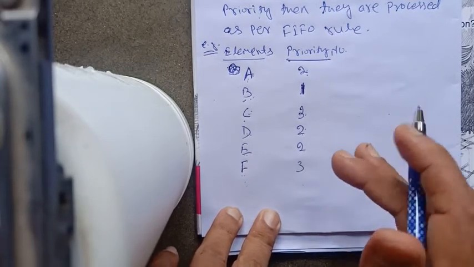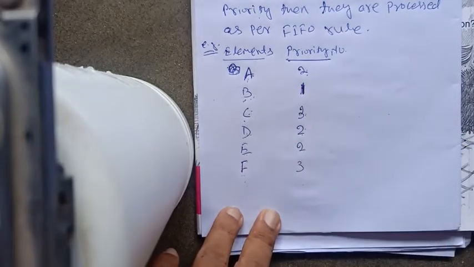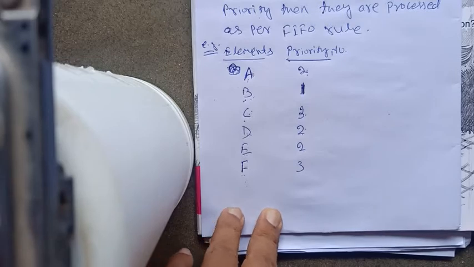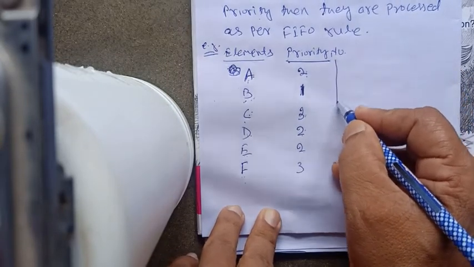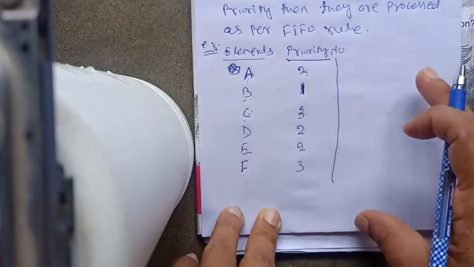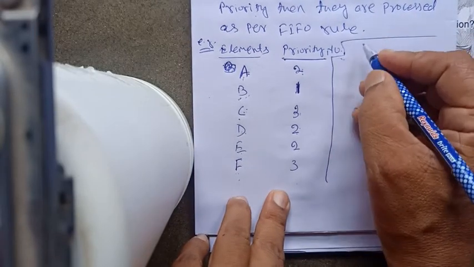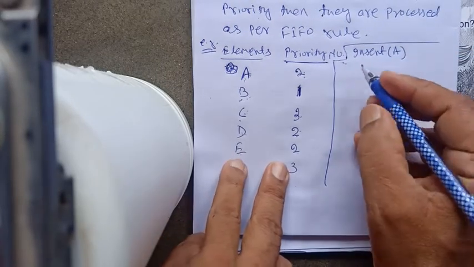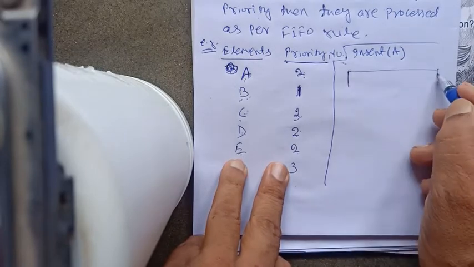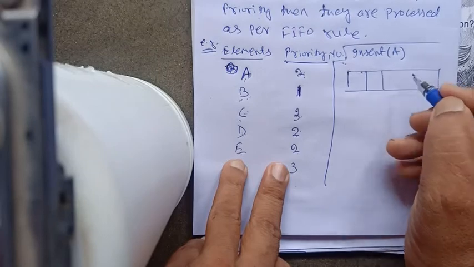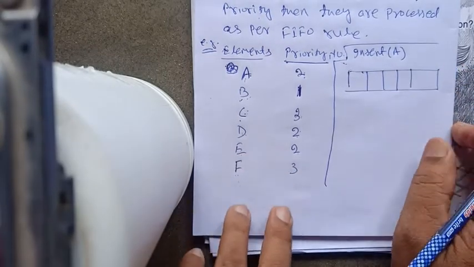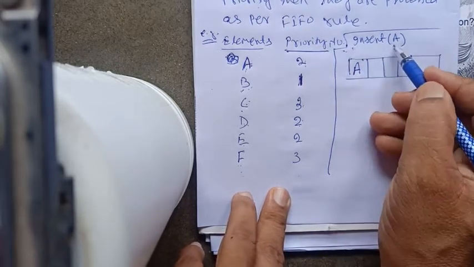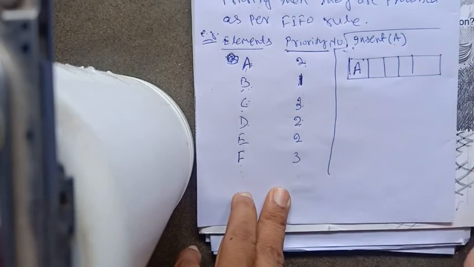Okay, now suppose there is a queue where these elements have to be inserted and removed in some sequence. I am making the diagram here. Let us assume that first, insert A has been conducted. So how will the elements be inserted? 1, 2, 3. These are some positions. The first element that will arrive in the queue is A, because I have inserted A. Right now the queue was empty, so there is no element, so A has been inserted.